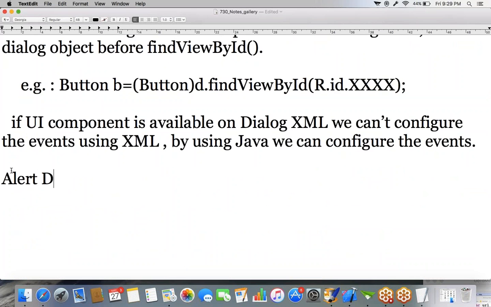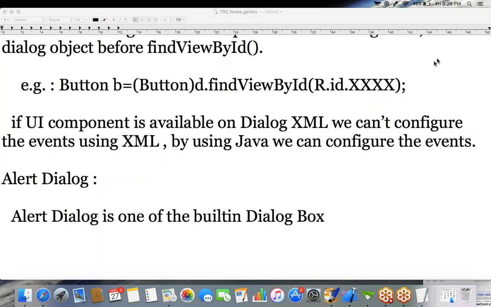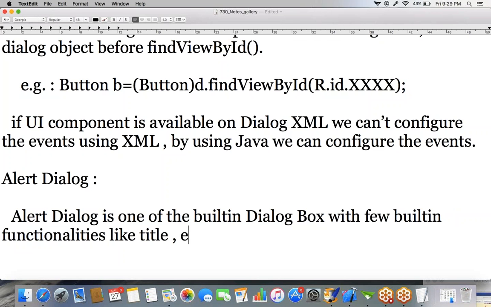Next we'll discuss alert dialog. Alert dialog is one of the built-in dialog boxes, with a few built-in functionalities like title, message, icon,